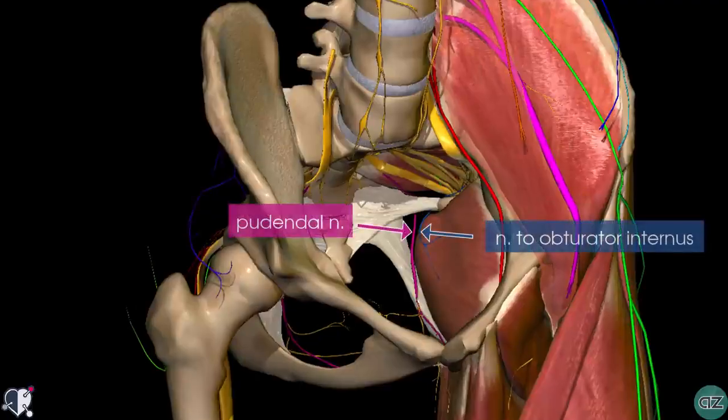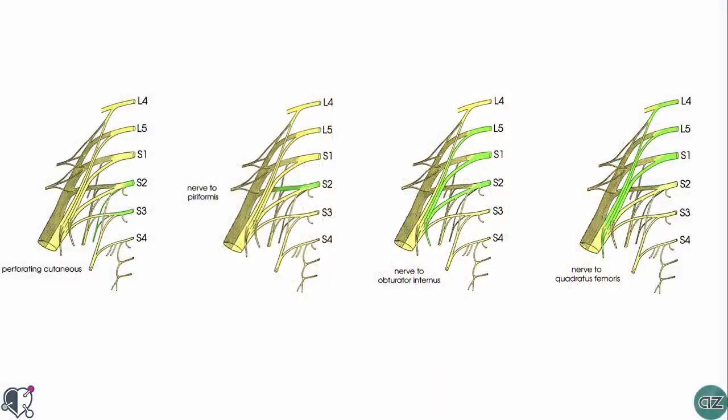In terms of motor function, the pudendal nerve innervates the skeletal muscles in the perineum, the external urethral sphincter, the external anal sphincter, and the levator ani muscle. In terms of its sensory function, it innervates the penis and the clitoris, and most of the skin of the perineum. We've taken a look now at the 5 major nerves of the sacral plexus, but in addition to these,